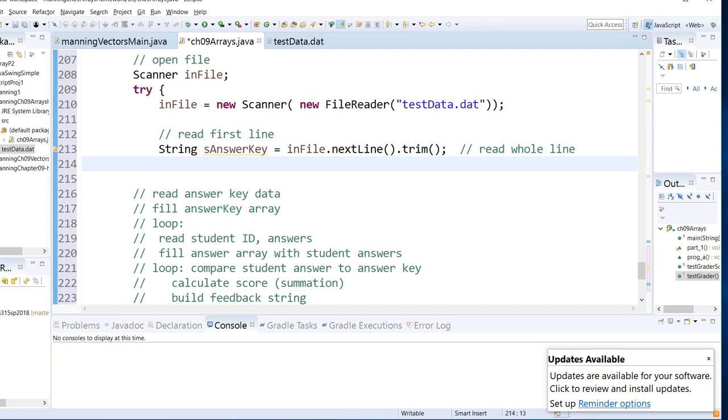So I'm going to want to put that answer key into my array. Since I know each answer is going to be a letter, I might as well use a char array for my answer key array. So char bracket, S answer key. Not S answer key, it's an array. A key. What am I going to call it? My A answer key, my array of answers